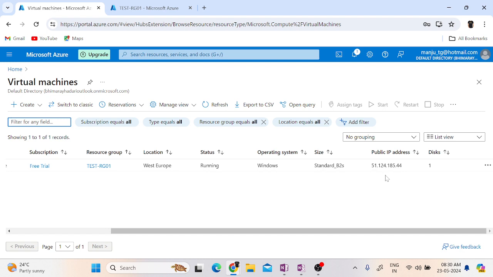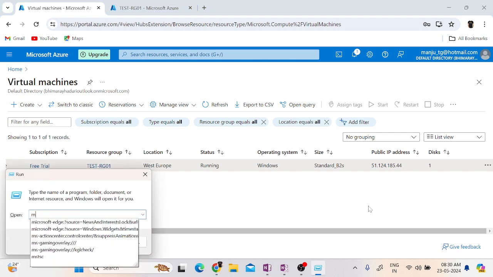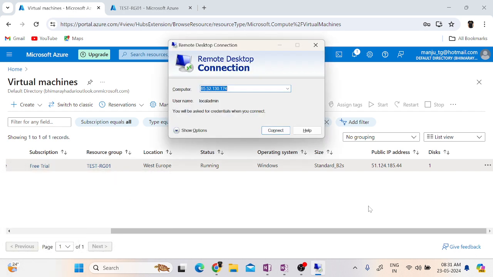51.124.185.44. Why did I give the public IP? Because I wanted to connect to this computer from my place, from Bangalore. If I go to Run and type a command called mstsc, Microsoft Terminal Services Client, and put this public IP here